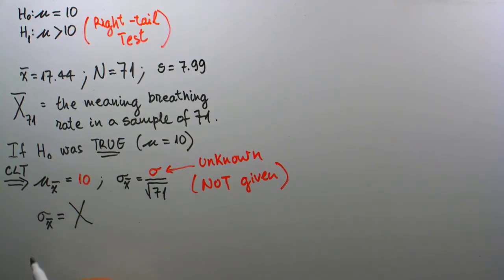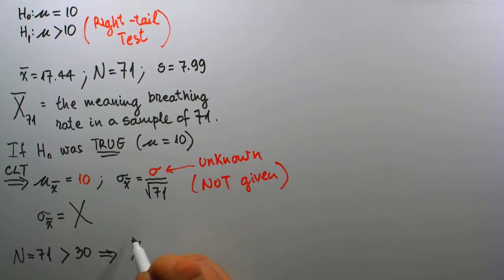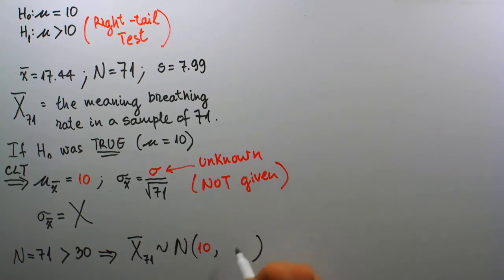On the other hand, our current sample size that we are using, being 71, is well above 30, making it true that this sampling distribution, or the population of all sample mean values at size 71, will be normally distributed at the center 10 with, unfortunately, the unknown sigma x bar value, which is acting as the average spread. So we have a known center, but we have an unknown average spread on this population of sample mean